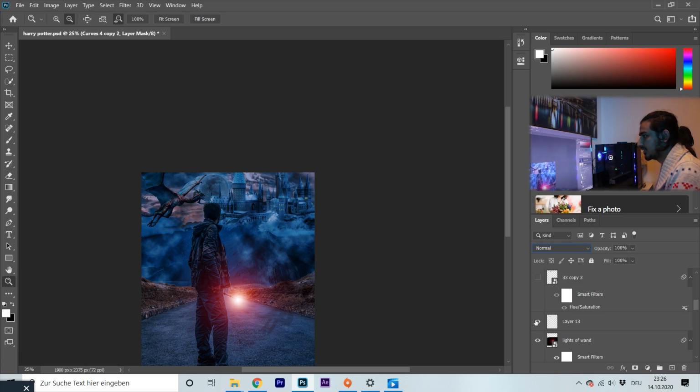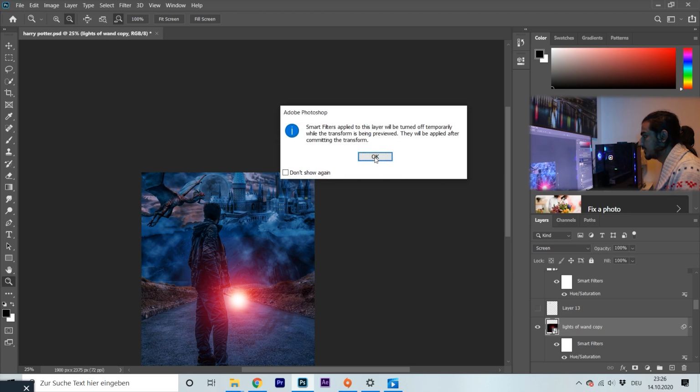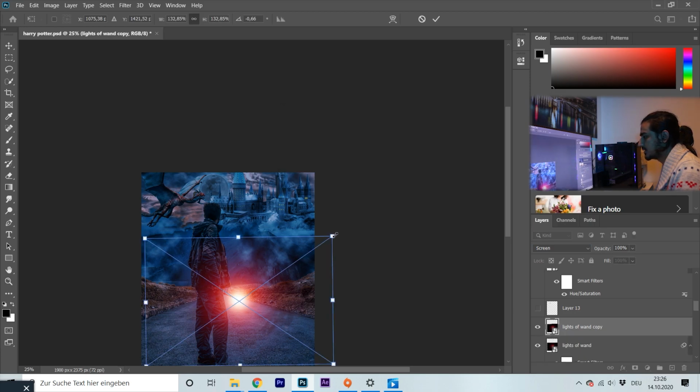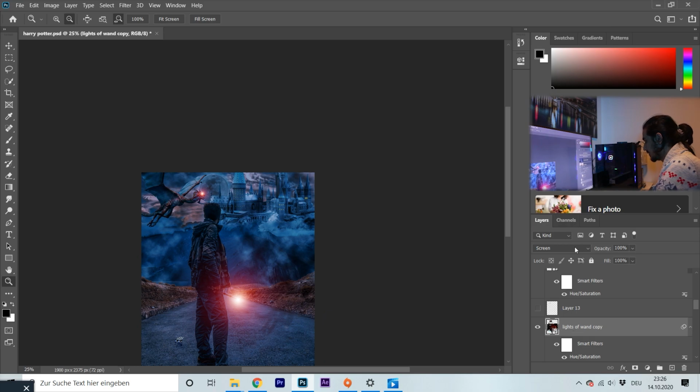I have made it a little bit darker, I think. I don't know where I have this layer. So let me go to 33 copy. You can see I have used the same lights. Eye of Dragon. It's very simple. You simply copy it, Ctrl Z, Ctrl T, transform. Always make it a smart filter, and then simply like this, and just put here like that. The eyes are glowing. Very cool effect, and the blending mode should always be screen or lighten. So this is the eyes of dragon,